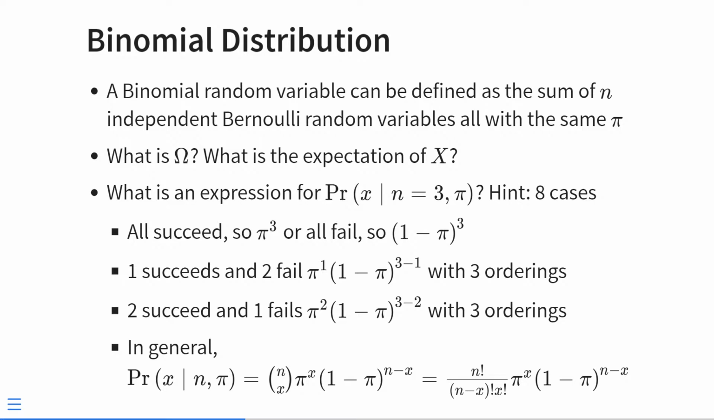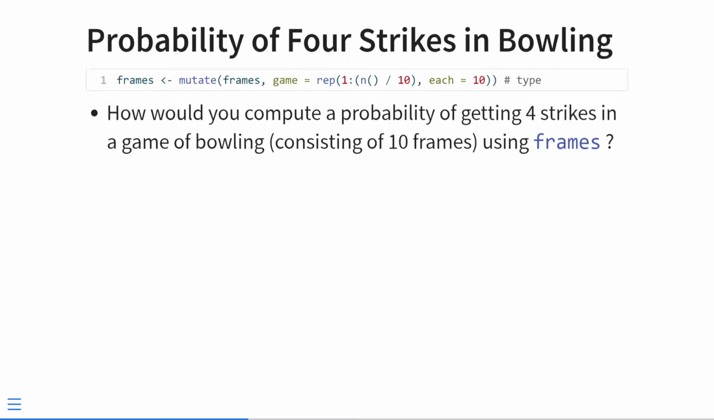All right, let's use that binomial in the context of bowling. So first, let's type this. We did this in recitation, and if you haven't seen that, the video is on Canvas under Panopto video sessions or something like that. So let's mutate frames to add another column, which indicates the game. So bowling is organized in terms of games. Games have 10 frames each. And so we want to repeat